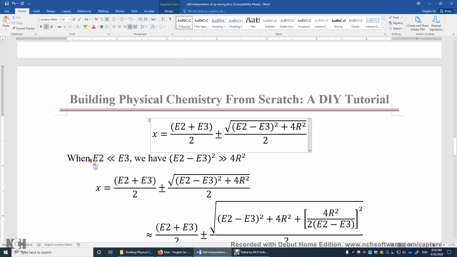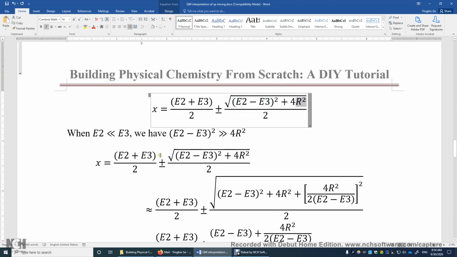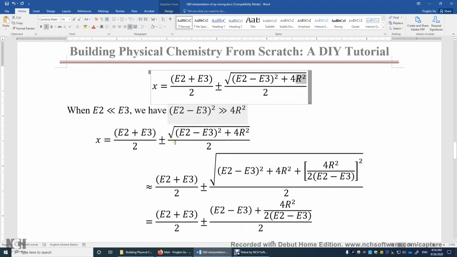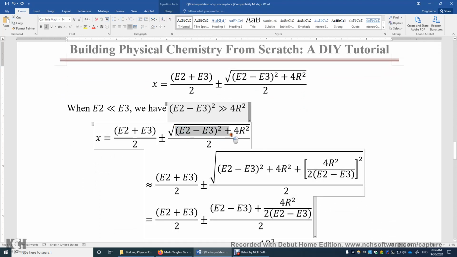And then if they are quite different, we have this squared greater than 4r squared. All right? And then I'm going to use a mathematical trick. The trick is I'm going to just add one more term to this. So you have this squared, this squared. I'm going to add one more term here. Why can I add this term? Well, again, if we can assume this